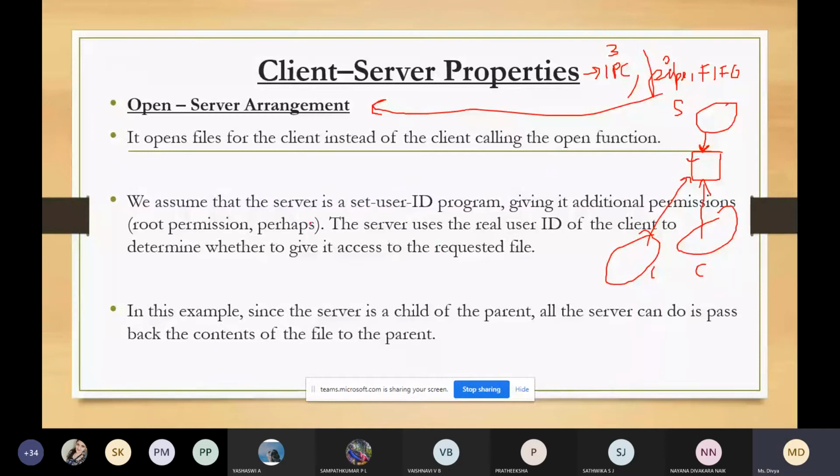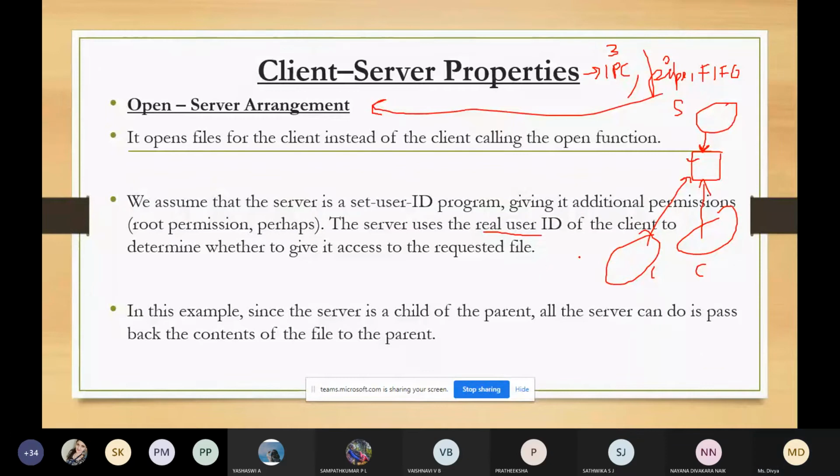We assume that the server is a set user ID program, giving it additional permission, root permission. The server uses the real user ID of the client to determine whether to give it access to the requested file. So the server will create and open this file, check the real user ID of the client, and based on that it will decide whether to allow the client to access this open file.